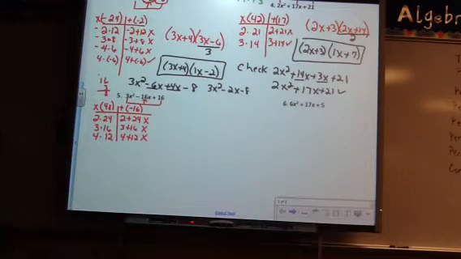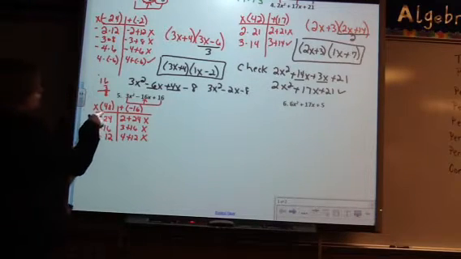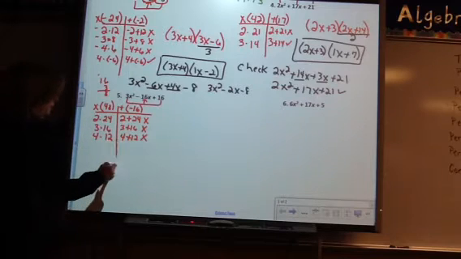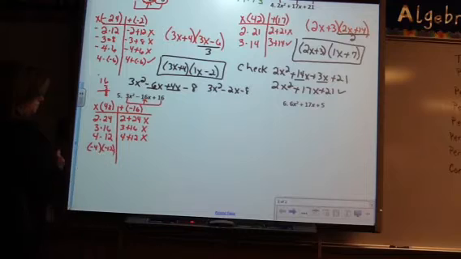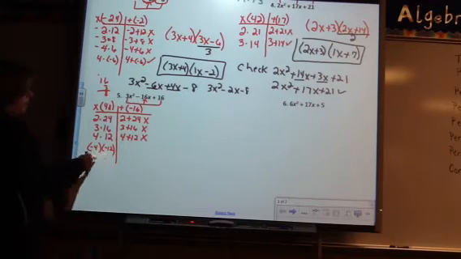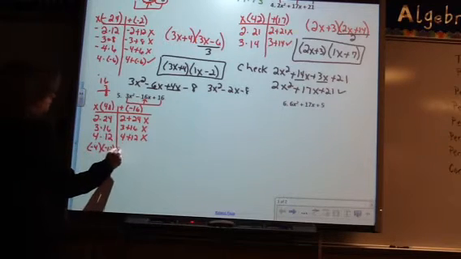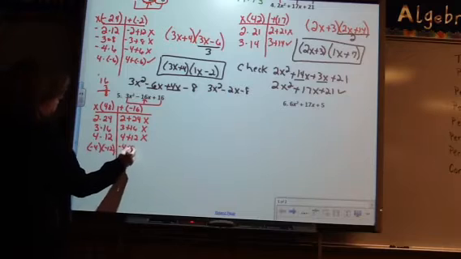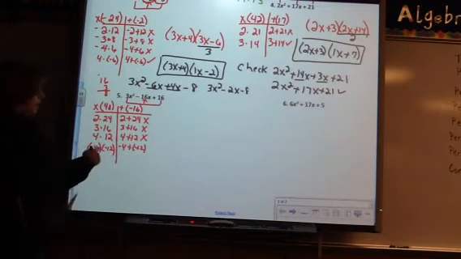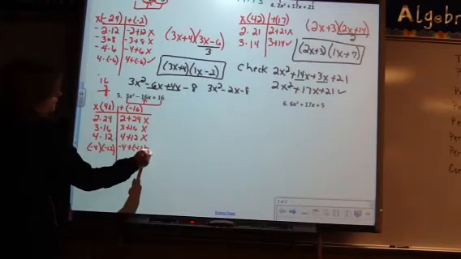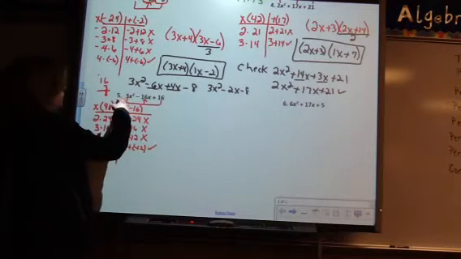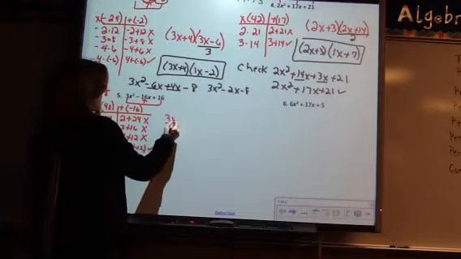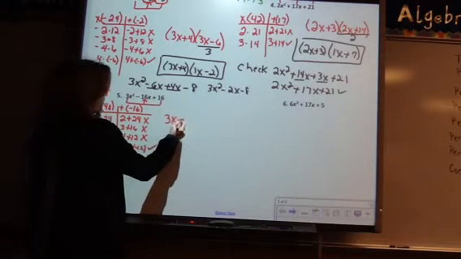So let's think about this. I need a positive 48 and a negative 16. So can I do this? If I multiply two negatives, I get a positive. When I add two negatives, I get a negative. So those are my factors. Okay? So keep your coefficient 3. So I have 3x minus 4,